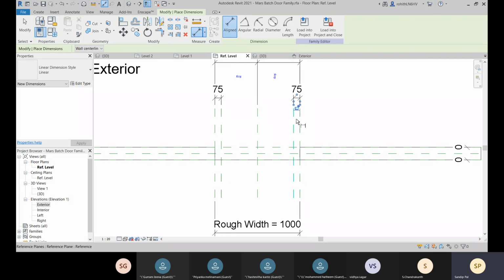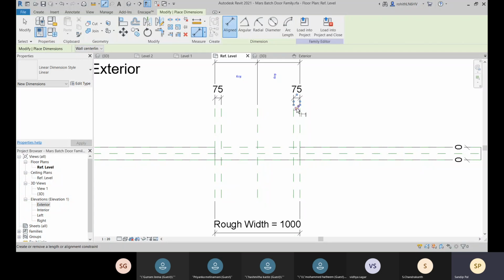So we'll not lock it, because if I lock it, this 75 will be fixed all of the time. So if I ever need to change this thickness, it will not be reflected properly. There will be errors, because I have locked it and again I'm changing my mind to change this thickness, so Revit will be confused.